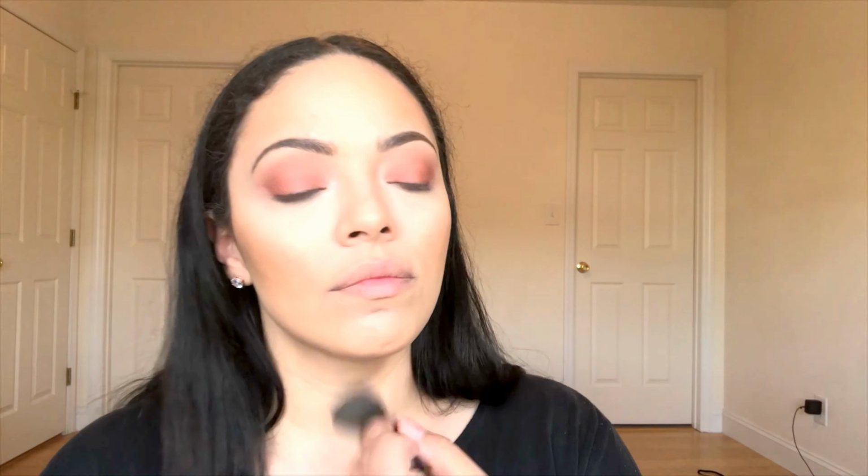And once you have that bake set on a little bit, just go in and brush it off. I'm just using that same e.l.f. blush brush that I used to blend out my contour. And I'm just gonna work that around my face, making sure there's no harsh lines and just to make sure everything is blended. All right. And then next,